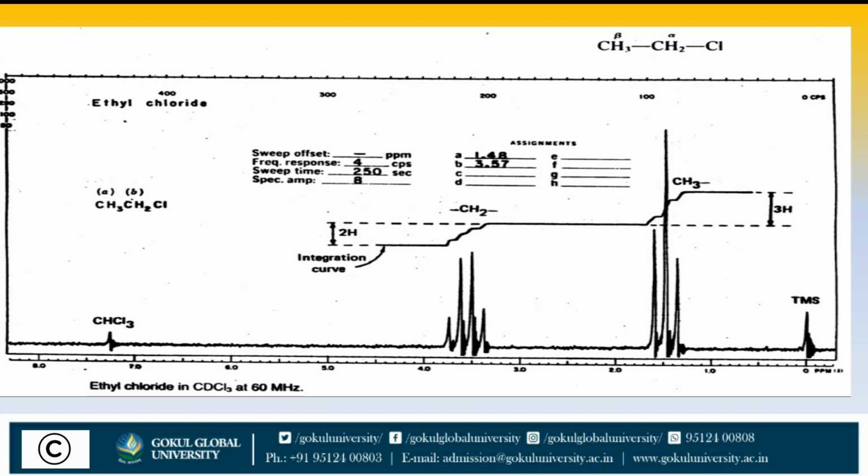So in this graph we show the splitting of the CH3 group and CH2 group. CH2, CH3 and CHCl, these are all different. So here we show the chlorine group having CH3, CHCl signal at 7 to above 9, and the CH2 group at 3 to 4 and CH3 at 1 to 1.5. So nearby, this value is fixed in proton NMR spectroscopy.